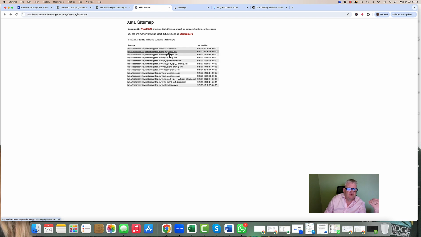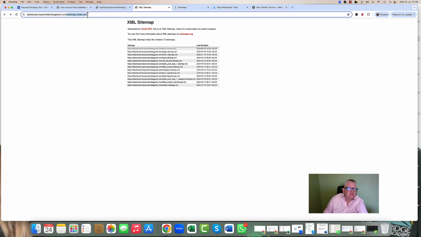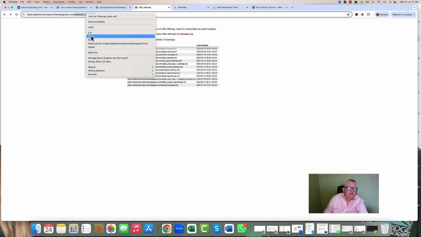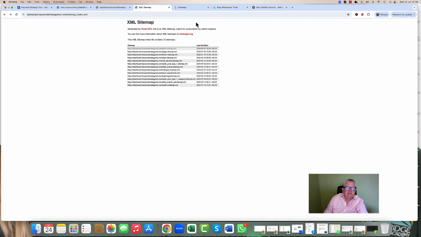So here are all the pages, the topics, category headings, everything is separated. And here you can see the last day it was modified. Ideally we're looking for when the search engine last found that page. So what I'm going to do, I'm just going to copy this, and ideally you need to set up a